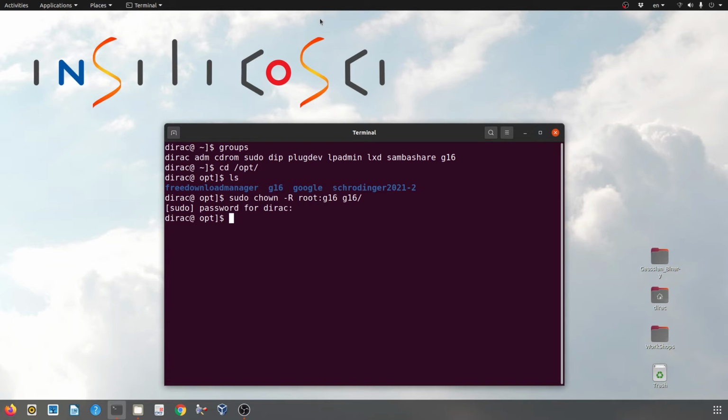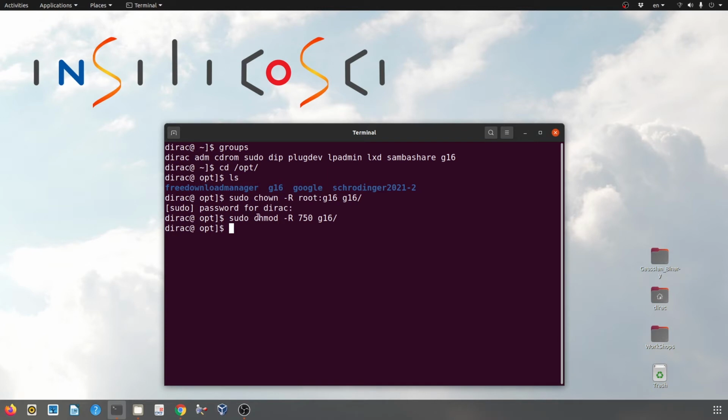The second command is sudo chmod -R 750 G16. Actually, the first command set the owner of G16 folder, and it states that this folder G16 belongs to root user and also belongs to G16 group, belongs to users who are members of G16 group.